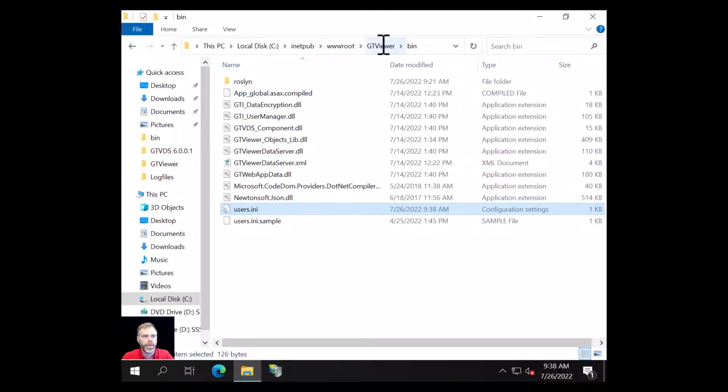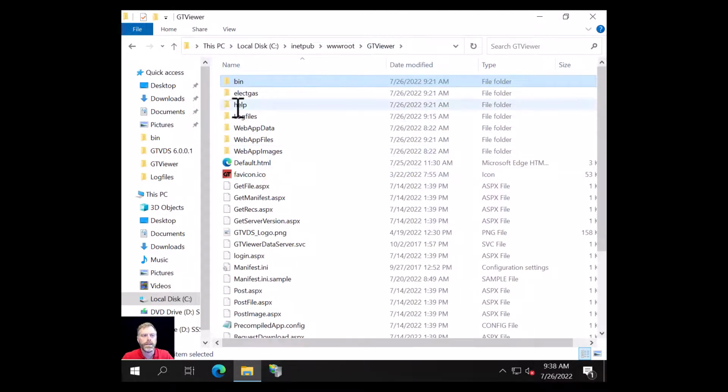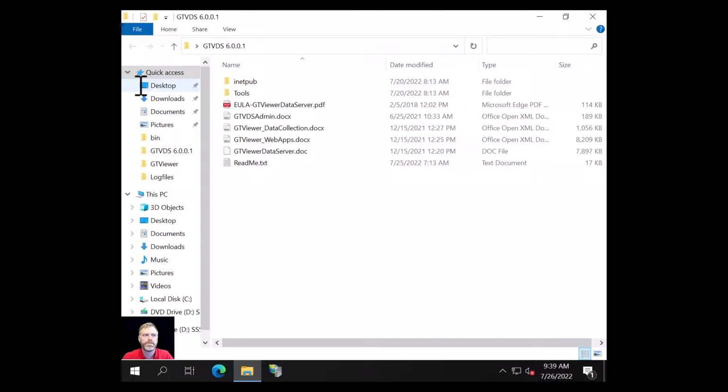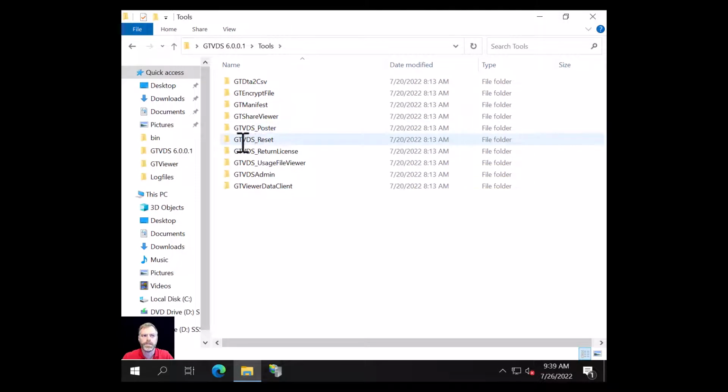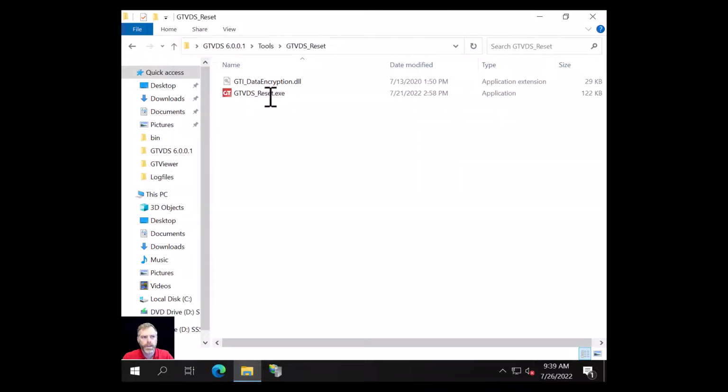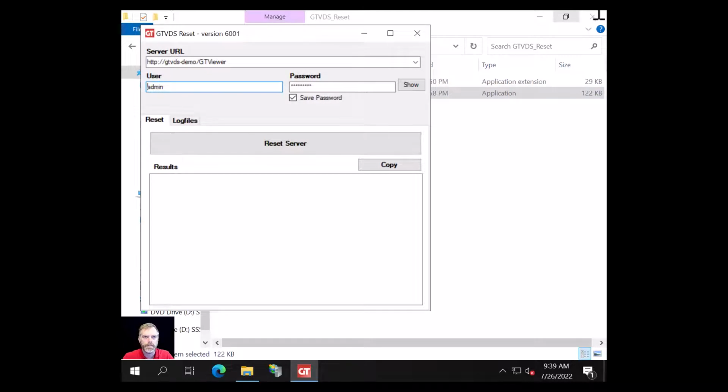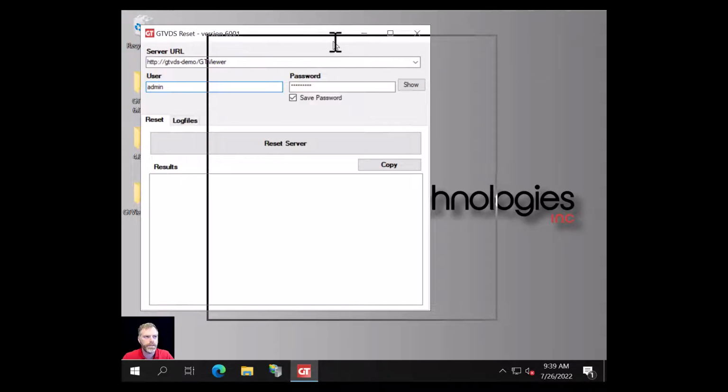And I'm going to go back up to the GTViewer directory. Now you're going to notice there's no admin directory anymore, and that's where your reset server.aspx file was that you used in the past. And that's gone away and been replaced by the GTVDS reset tool. Now if we go to our delivered files for version 6, there's a tools directory, and in that tools directory there's GTVDS reset. And if I run it,